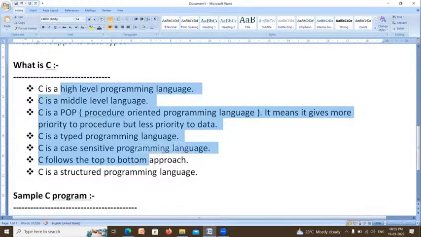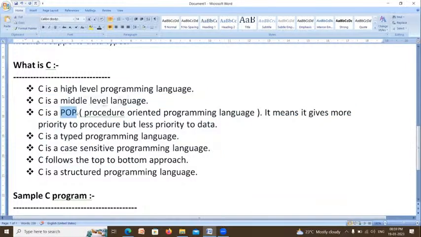Whereas Java is executed from bottom to up. C++ is also executed from bottom to up. All object-oriented programming languages are executed from bottom to up. All procedure-oriented programming languages are executed from top to bottom. Clear? Yes, sir.